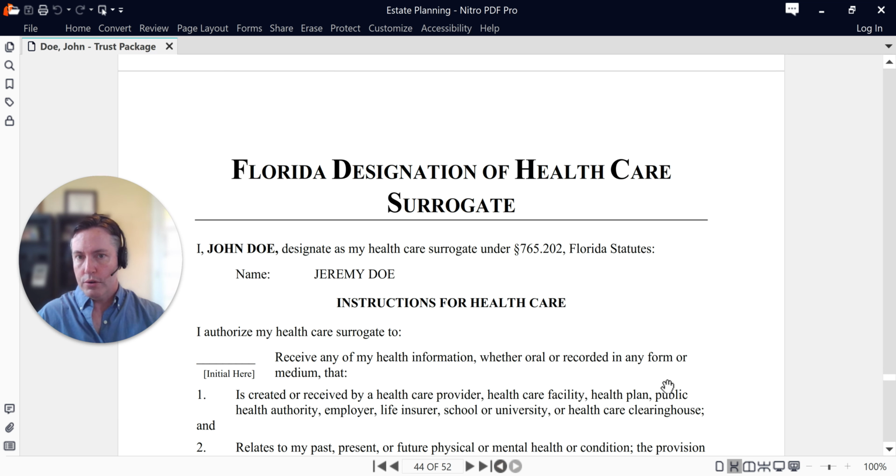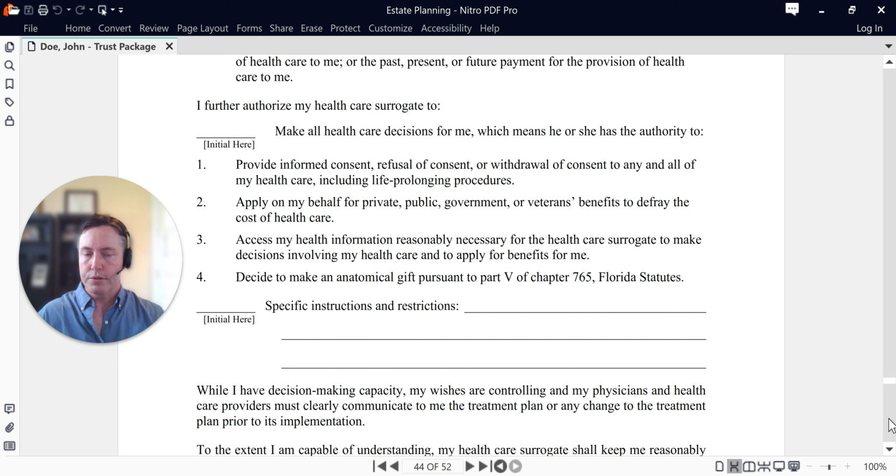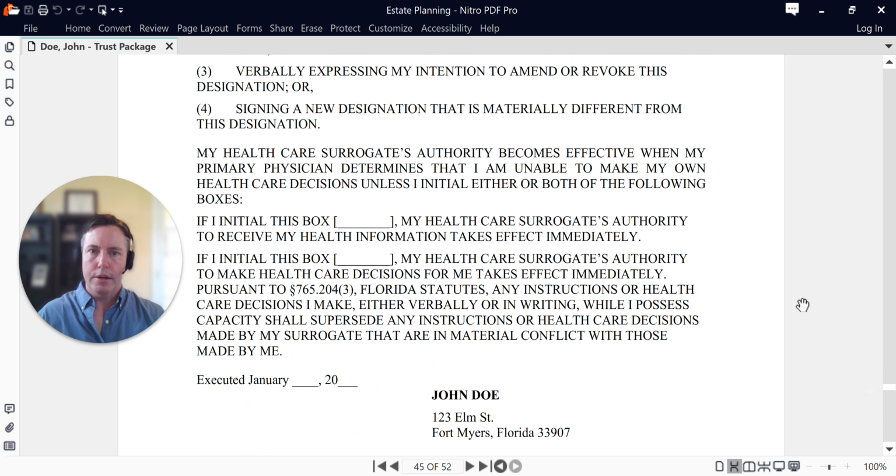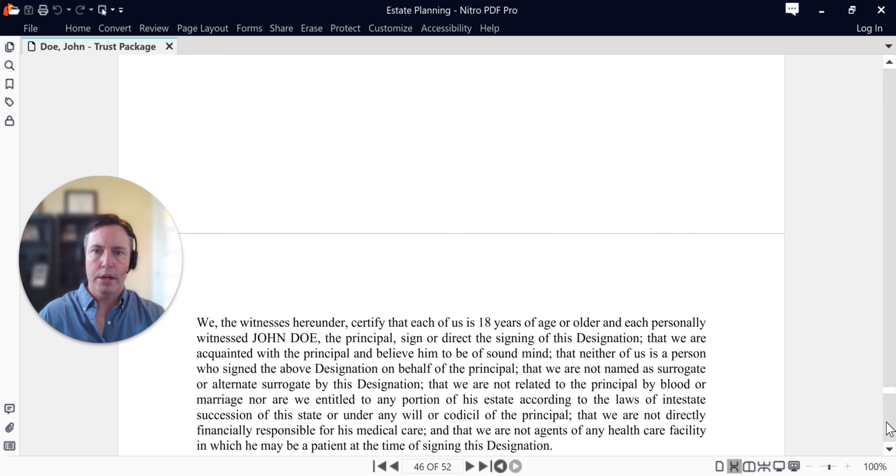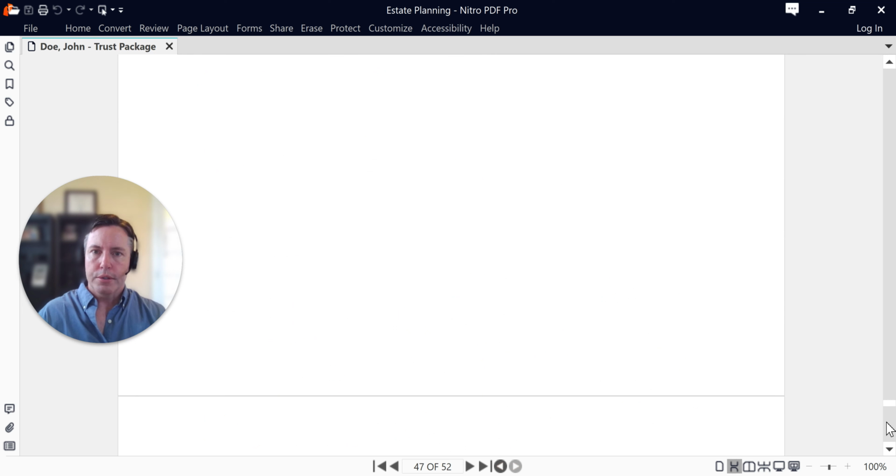And similar to that is a designation of healthcare surrogate. So it's similar to power of attorney in that you're appointing an agent, in this case a surrogate, to take actions on your behalf, but they're going to be about talking with your doctor and helping with procedures if there's some kind of medical emergency. A couple things you'll be deciding and maybe writing in when you come in for the signing appointment: organ donation wishes, if you'd like, exactly when this document takes effect. The health surrogate you can actually delay until you're incapacitated, or you can make it immediately effective, like the power of attorney, if you'd like. So that's up to you.